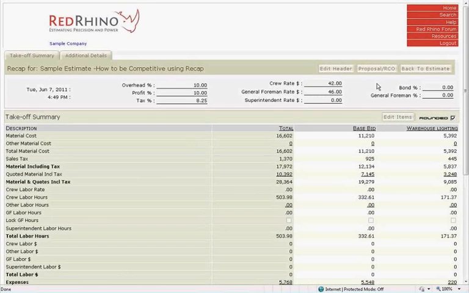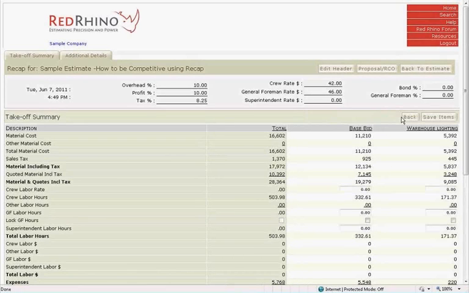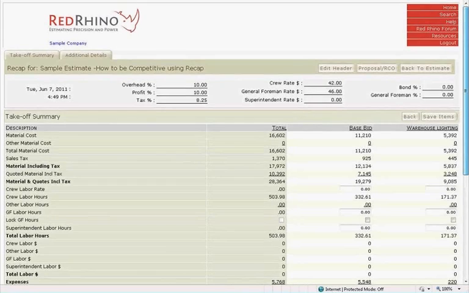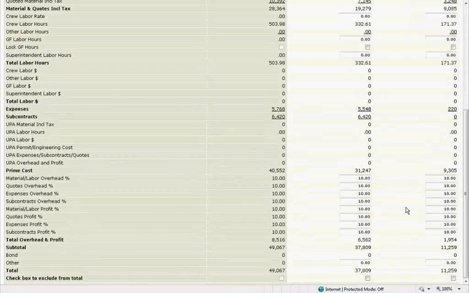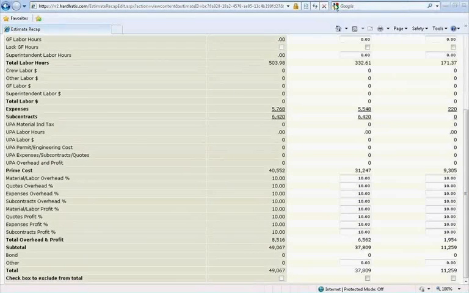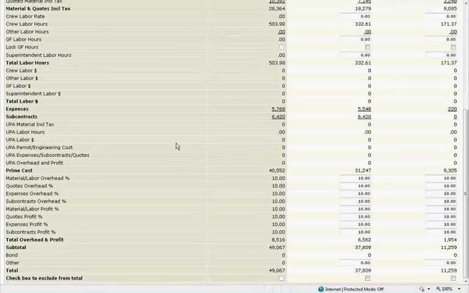To make the fine-tune adjustments, click the button at the right that says Edit Items. Rhino will open up dialog boxes at the bottom right of the page and allow values in those boxes to be edited. Again, prime cost is the total cost of the estimate. Red Rhino adds the markup to prime cost to calculate the total of the project. Below prime cost now,